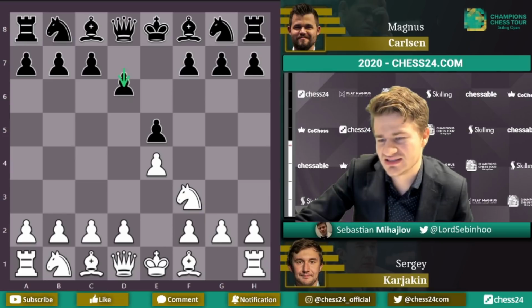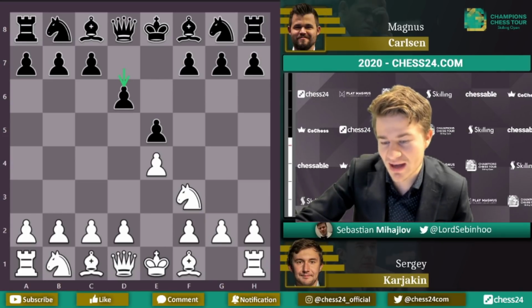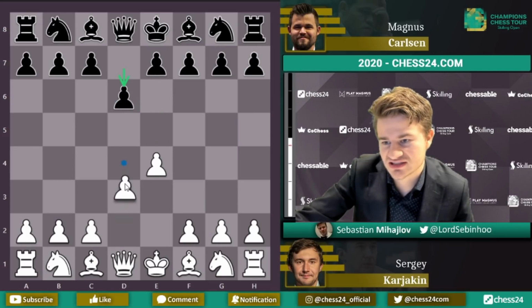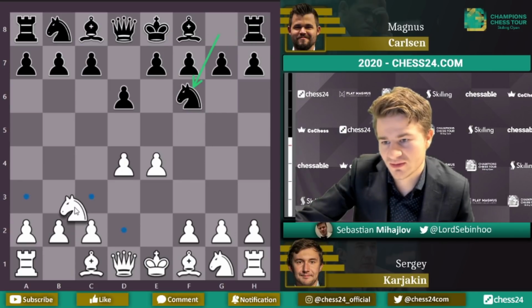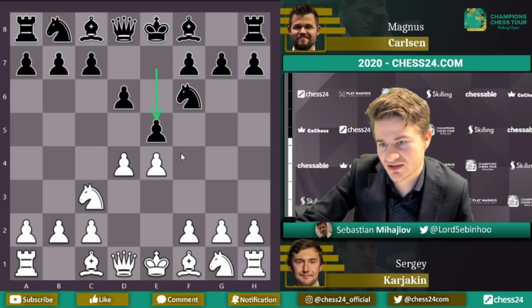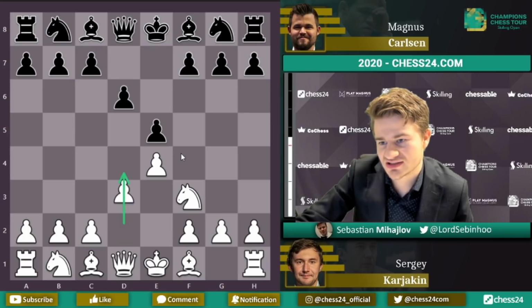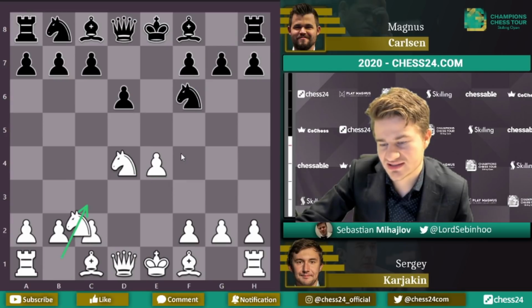the champion. He plays d6, which is known as the Philidor, but it's kind of known as the bad Philidor. The good Philidor is to play d6 first, and then knight f6, followed by e5 here, which is better than the bad Philidor, which Magnus played after e5, knight f3, d6. The way to exploit this is d4, exd6, knight f6, knight c3, and I should mention very briefly that